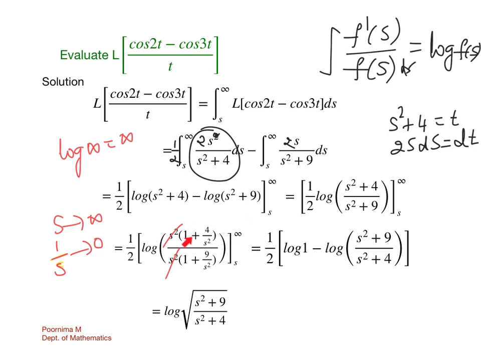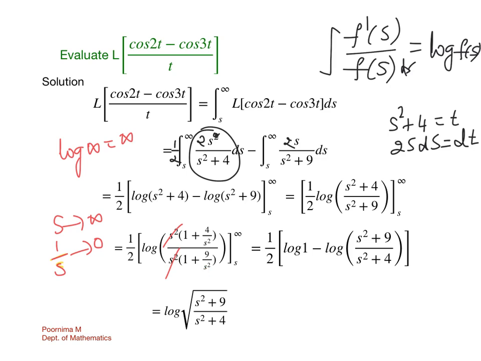So substituting infinity here, 1 by 2 keeping as it is, applying the upper limit, this part becomes 0, because s square is in the denominator. 4 by s square and 9 by s square become 0 when you are applying infinity. Therefore, what remains? 1 by 1. So log 1 is written, minus you are substituting the lower limit. Whenever you are substituting the lower limit, we have to take minus, and you are substituting s in place of s. So that is how you get log, this is 1 plus 4 by s square divided by 1 plus 9